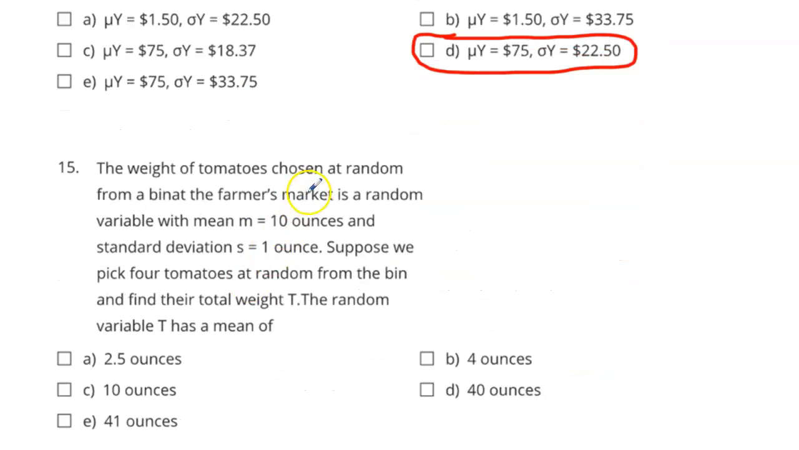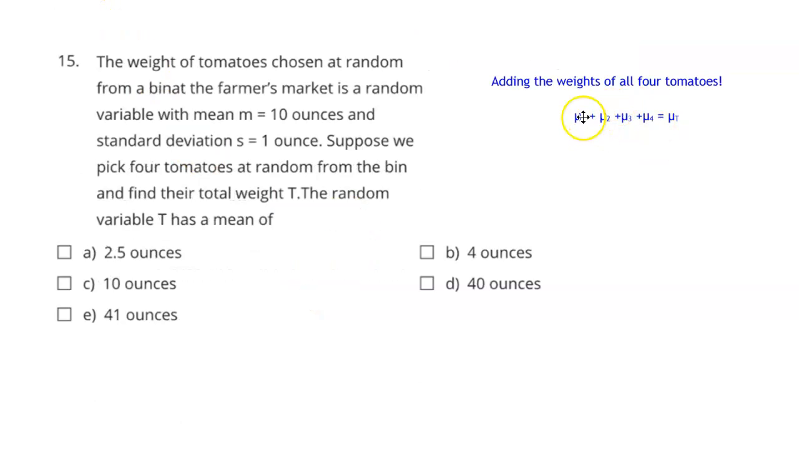The weight of tomatoes chosen at random is the random variable with mean mu equal to 10 and standard deviation sigma equal to 1. Let's see. Suppose we pick 4 tomatoes at random from the bin and find their total weight. So what we're doing is adding the weights together. This is how I'm going to symbolize it: the mean of the first plus the mean of the second plus the mean of the third plus the mean of the fourth is equal to the mean of the total weight of the tomatoes. So what we need to do is take all of these means. We know the weight of an individual tomato is a random variable with mean mu equal to 10. So all we need to do is substitute all of these for 10